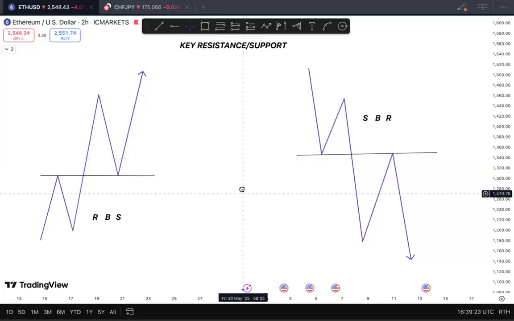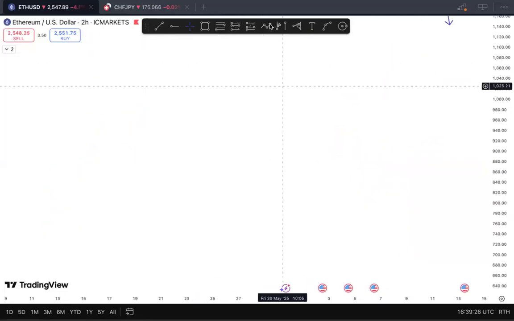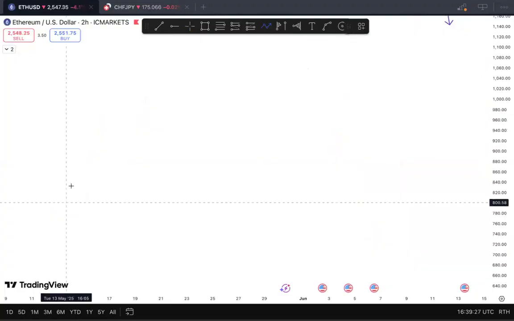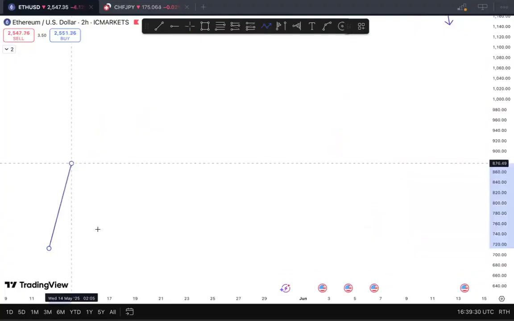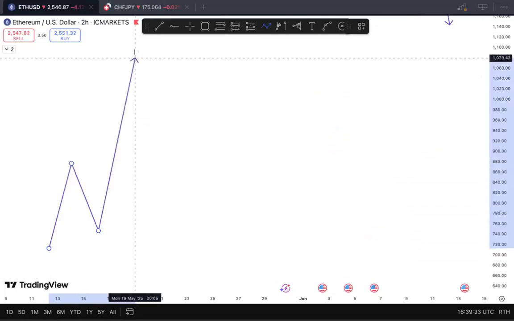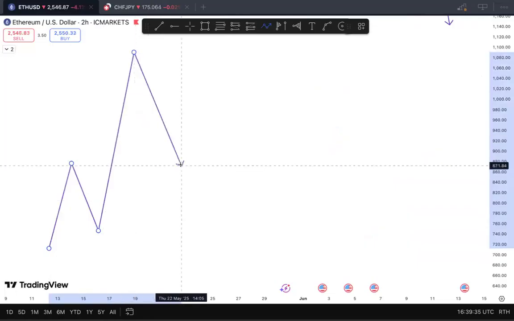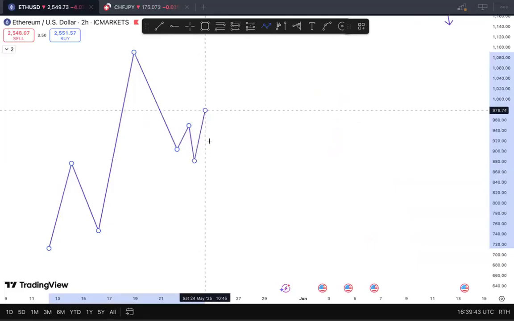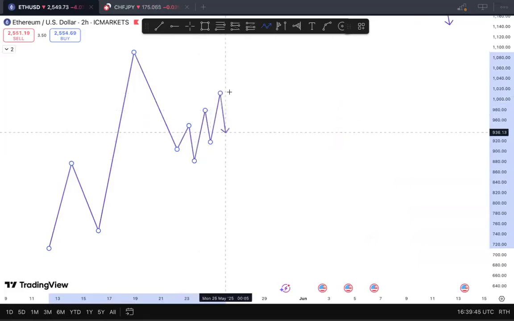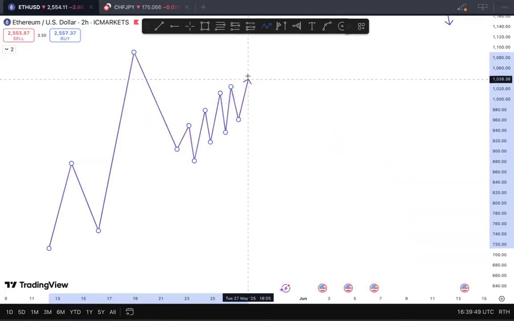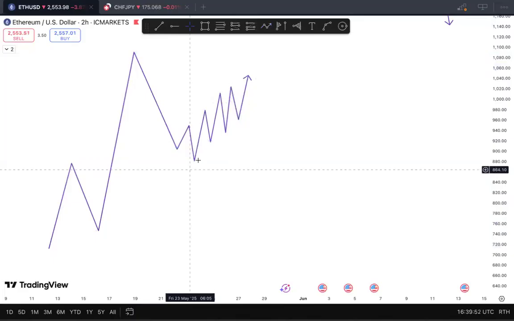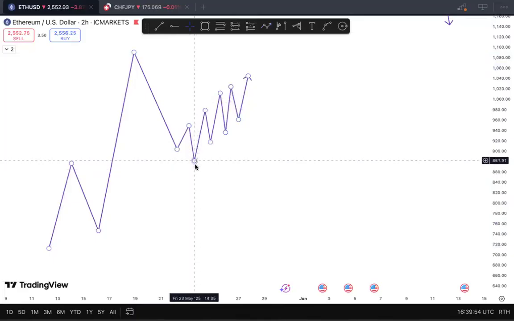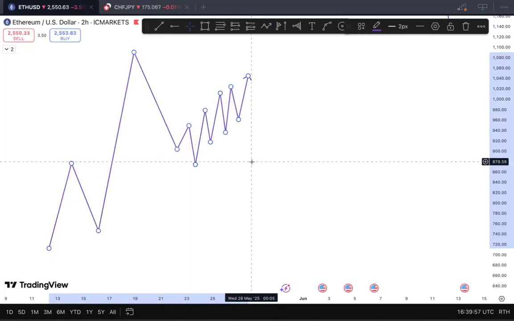So for example, let's say we have this, and then price reacted here. Okay? Now take note of this. You don't just want to take this trade. This is